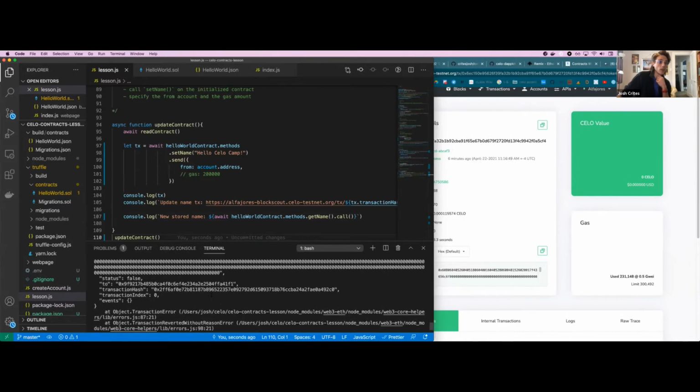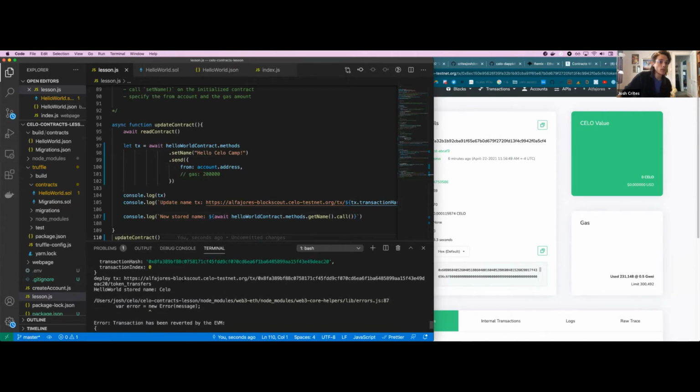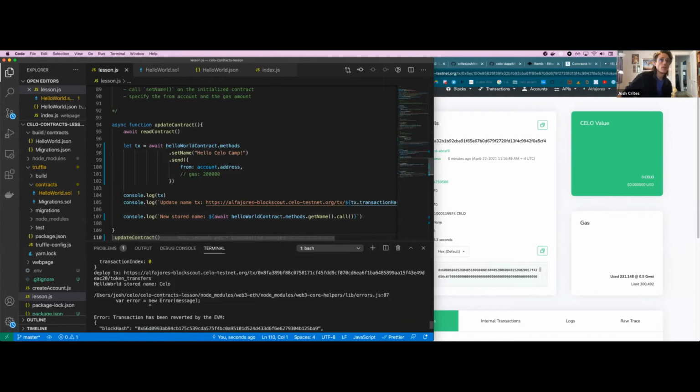And we have an error here. So it looks like it was reverted by the EVM. I was having some trouble with this earlier as well. Sometimes it's working without specifying gas, and sometimes it's not. So